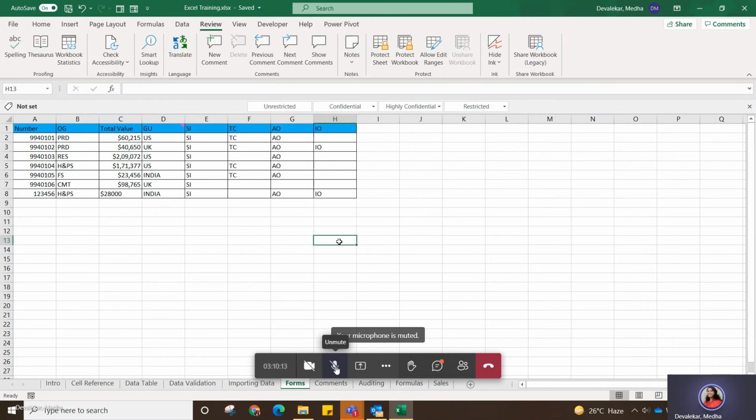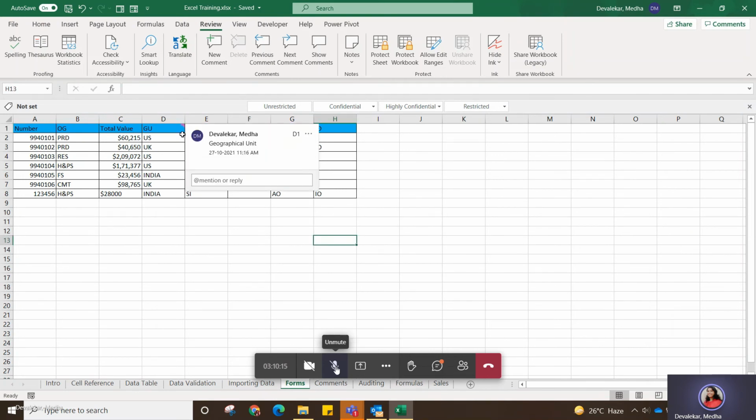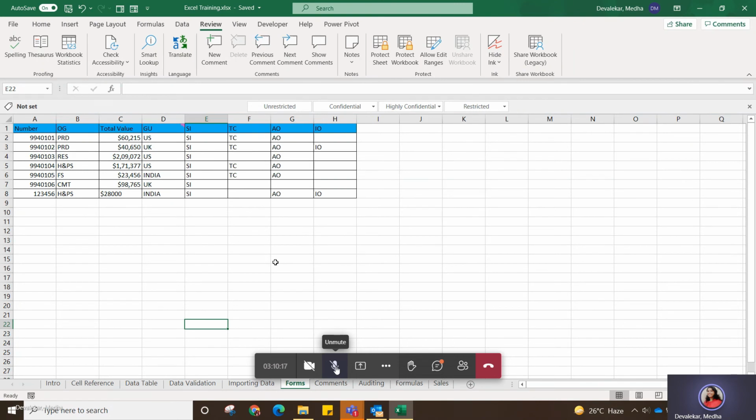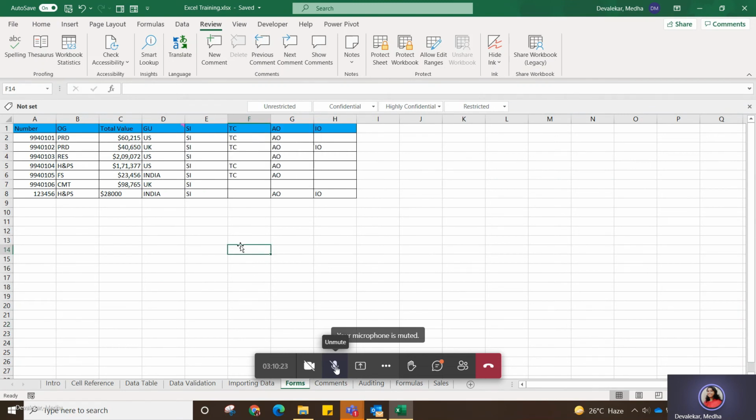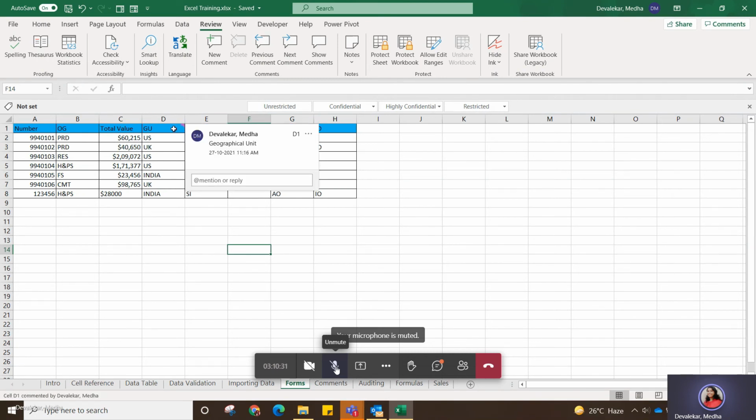Now you will be able to see something pink, purple or pink. That is nothing but that cell has a comment in it. So once you hover your cursor on that cell, it will give you that particular comment here.